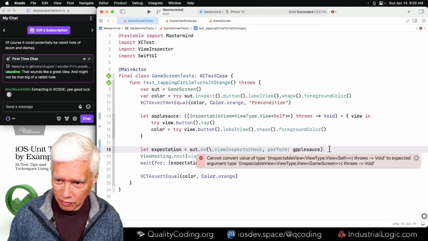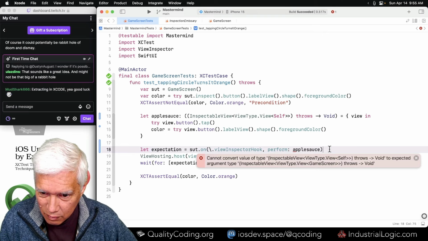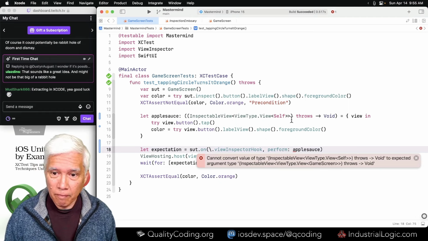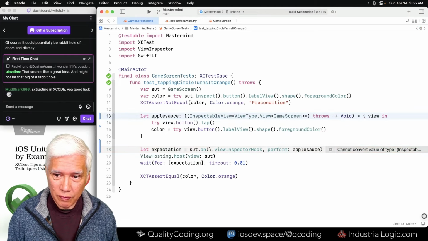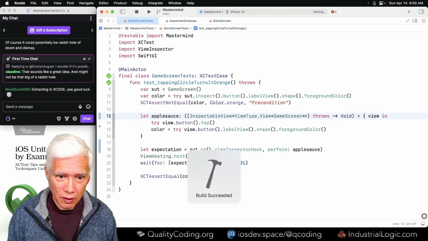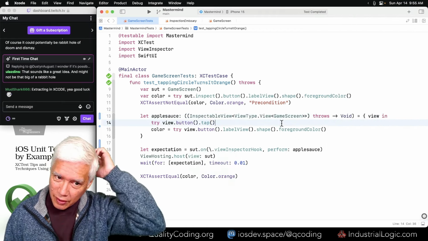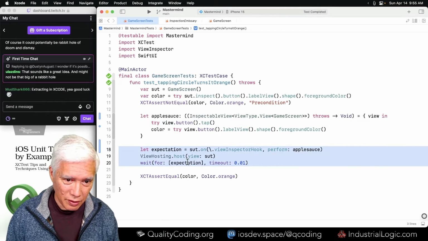Whoa. What? Oh, self game screen. There. Okay. So now let's try to extract this